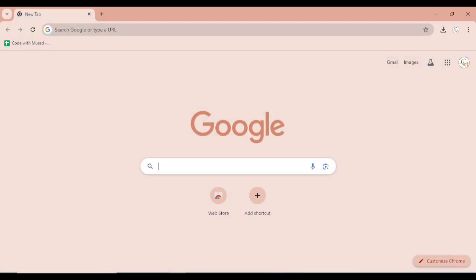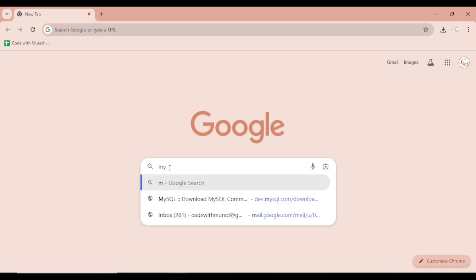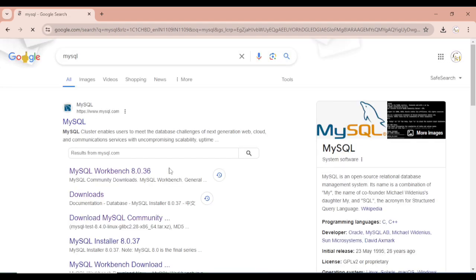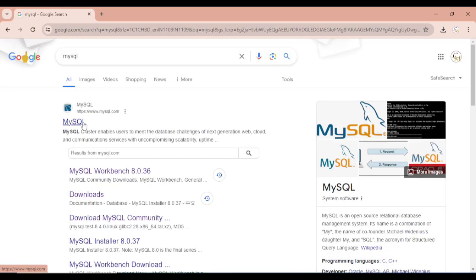So I'll open the browser. So here I'm using Chrome browser. Definitely you can use your favorite browser. So I'll search here MySQL and hit enter, and you'll be able to see the very first thing, that is MySQL, www.mysql.com. Just click on it,